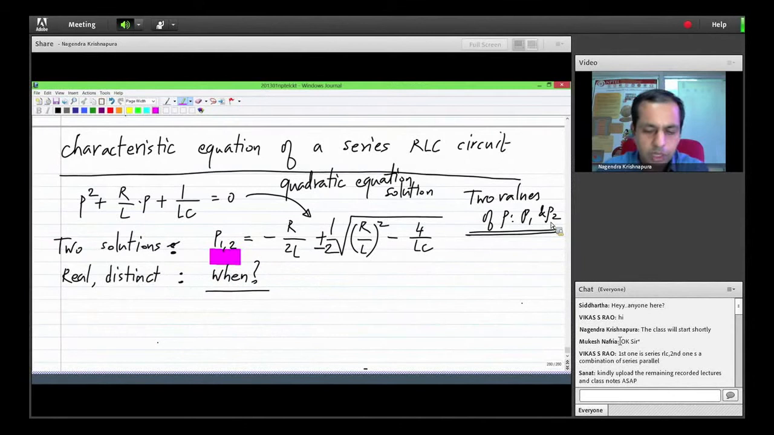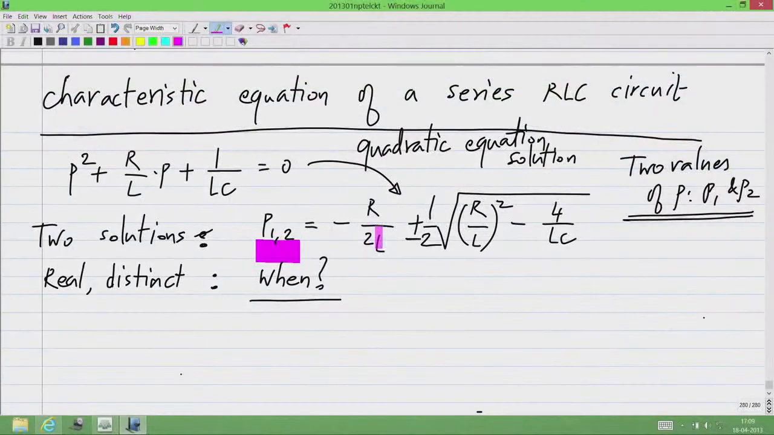So, I have a couple of answers. One of the answers is when there is no resistor. Now, that is not correct actually. The correct answer is, see, why do we get two different solutions? Let me expand this. What this means is, when I have this plus and minus, one of the solutions P1